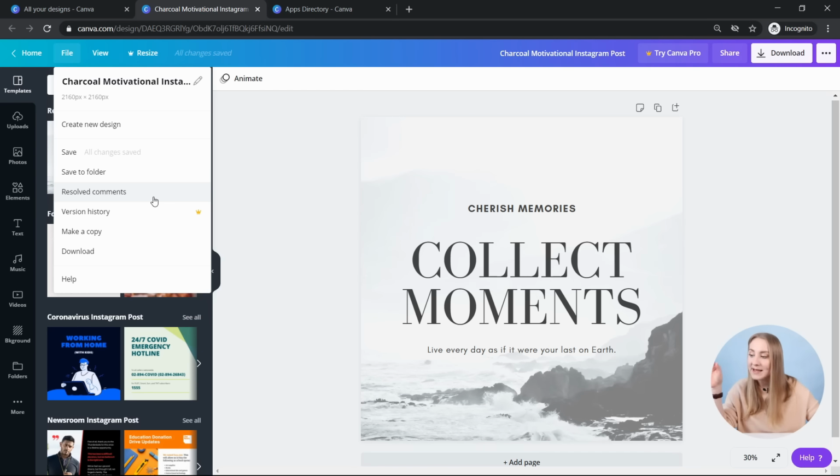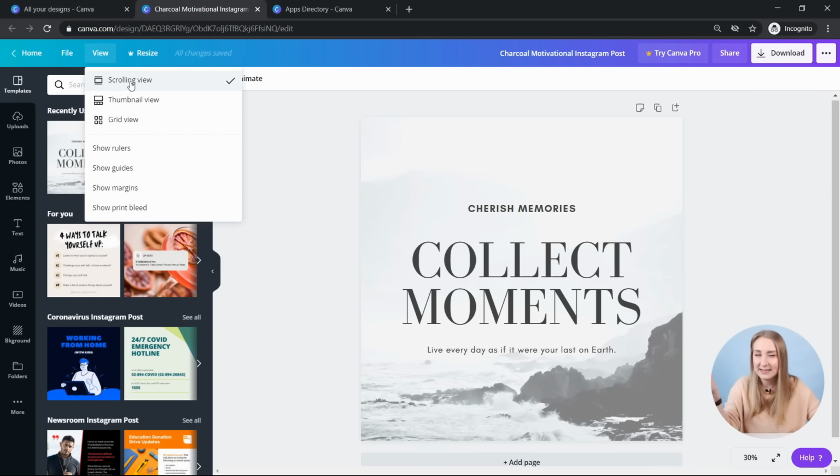Then you've got resolved comments. If you're designing within a team, you can have different comments added and people can refer to it. There's a version history, which is a pro option, so you can see what changes you've made. You can make a copy of that particular design from this moment. So sometimes when you create something, you might think, well, I might go in a different direction. So you can just make a copy at this stage, leave it at that, or start designing in one type of design that you want to do, and then within the other one you can take it to another thing. So this is why Canva is so very fluid and so really nice and intuitive for you to use. And then you can click download, but again, most of these are shown in different places in this editor as well.